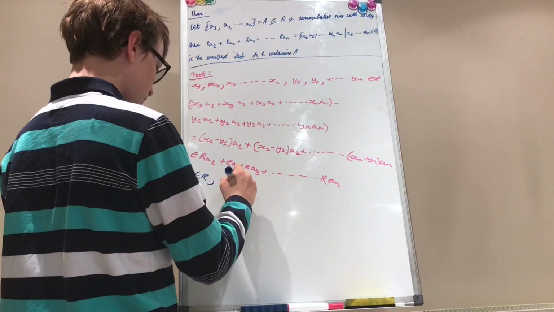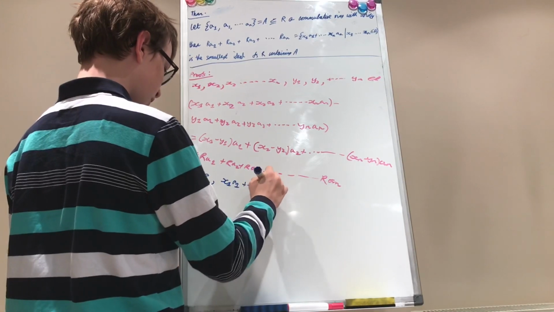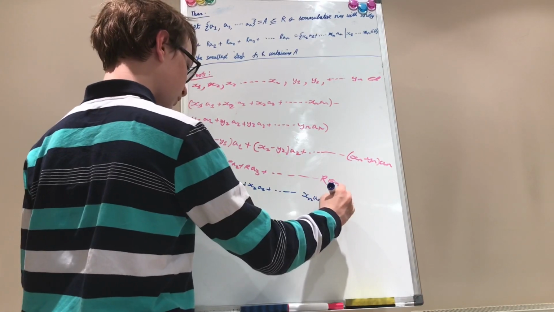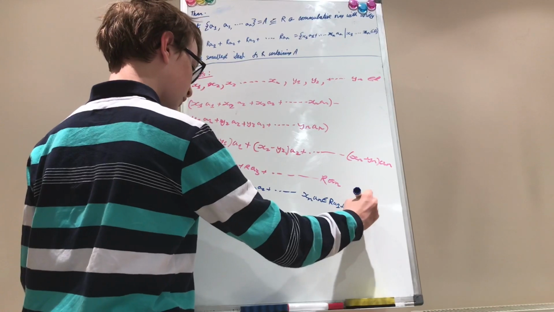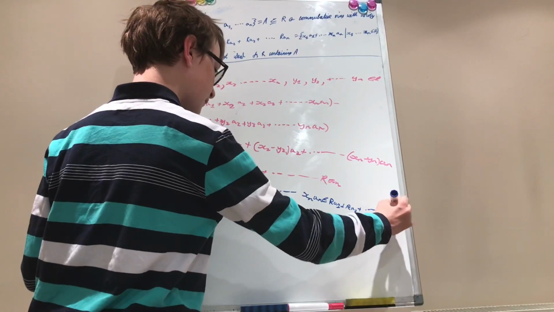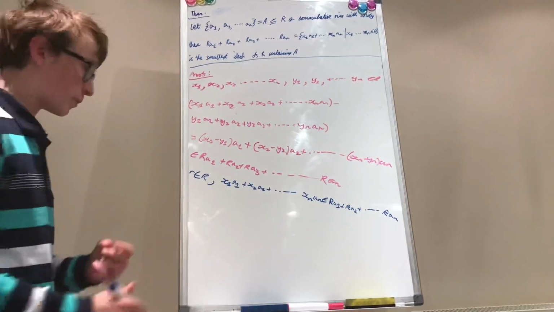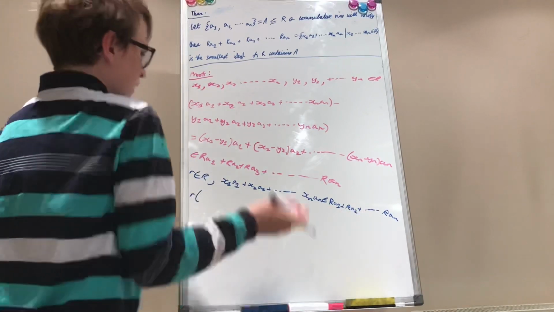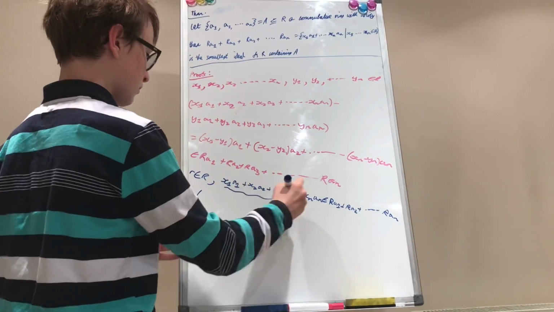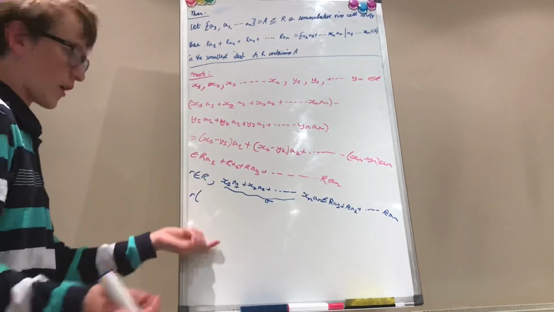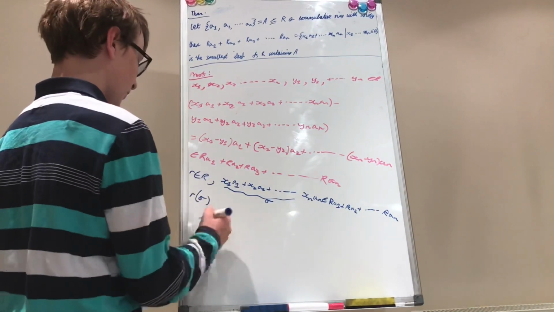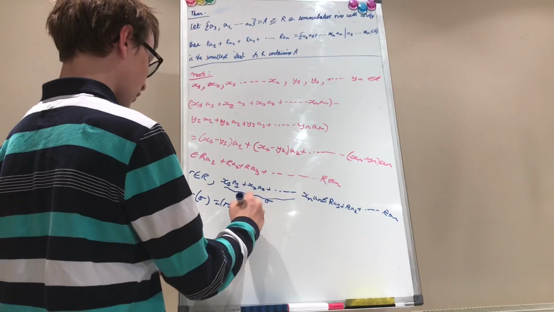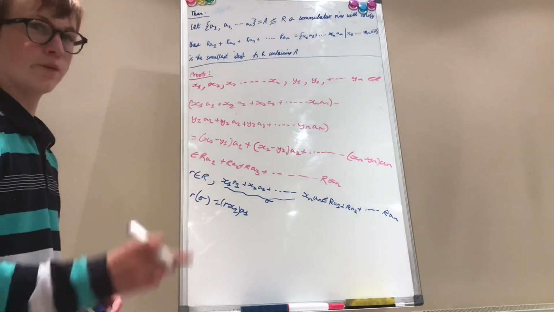x1a1 plus x2a2 plus all the way up until xnan, in RA1 plus RA2 plus all the way up until RAN. Okay, when we multiply them, we're left with R times, I'm just going to let this equal sigma for now because it's a bit tedious if I write the whole thing out again. R times sigma is equal to Rx1 times A1 by the associativity of multiplication